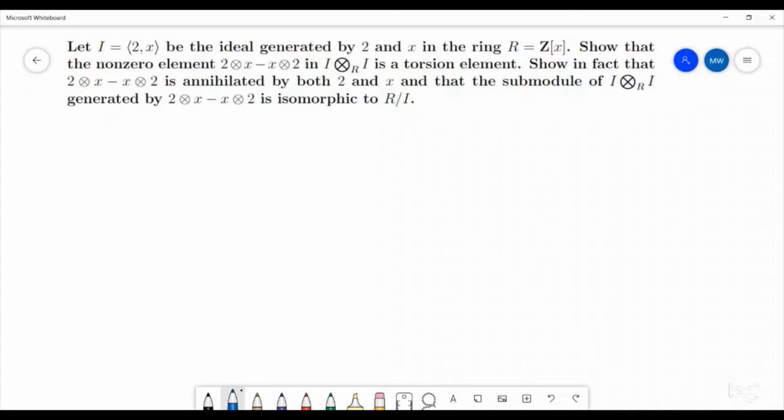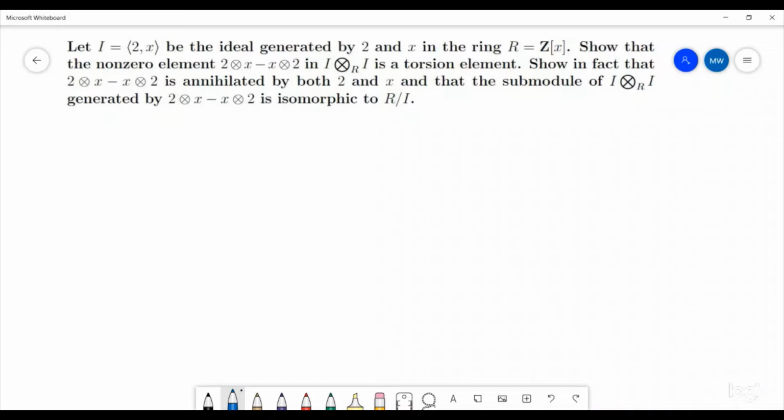Today we're going to go through this problem from Abstract Algebra about R modules. Let I be the ideal generated by 2 and x in the ring R equals the integers adjoin x, so the polynomials over the integers. Show that the non-zero element 2 tensor x minus x tensor 2 in I tensored with I over R is